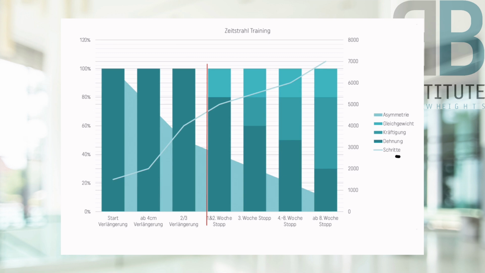The next component would be the number of steps. We recommend aiming for 2,000 steps per day in the tension phase, i.e., from 1.5 to around 4.5 centimeters. This gives you a good range of mobility, but does not focus too much on the walking distance so that you have enough time to stretch.